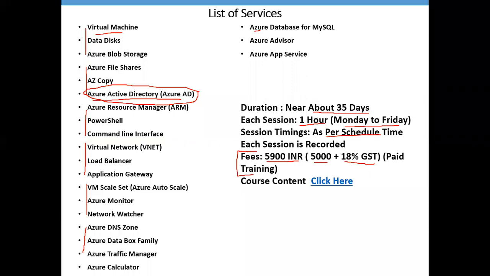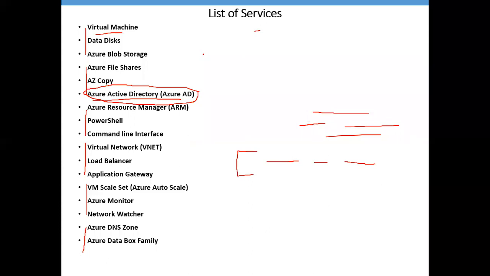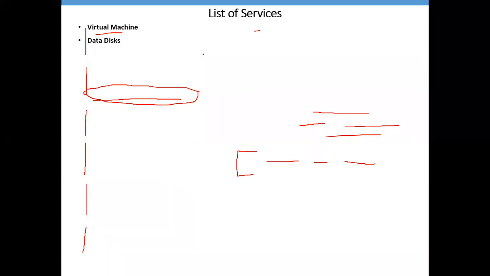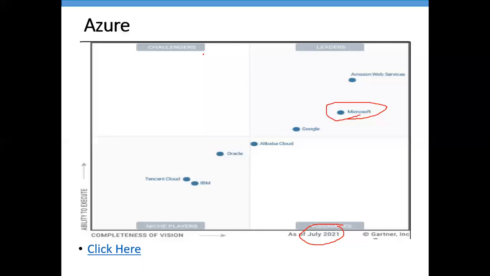You said AWS then Azure. Do we need to plan for Google Cloud also, to sustain in the cloud market? No. Seriously speaking, Google doesn't have much of the market. Even in the 2021 review we saw for the market, Google is nowhere, very far away. The only leaders in the market are AWS and Microsoft.